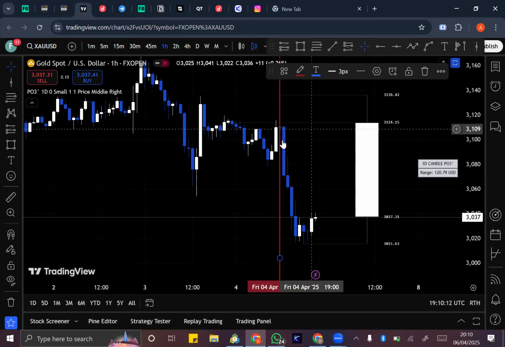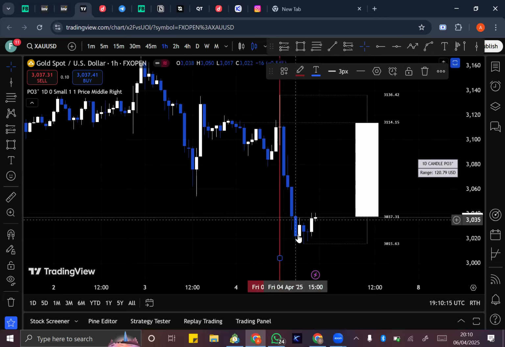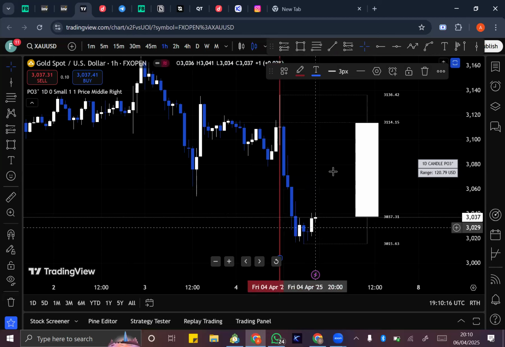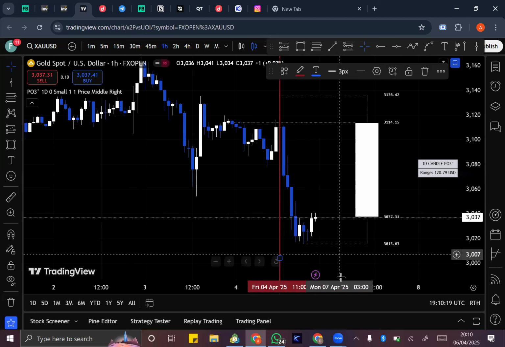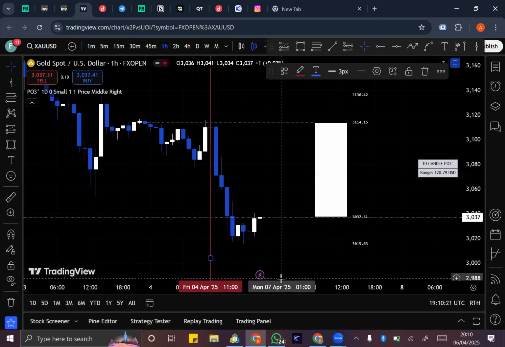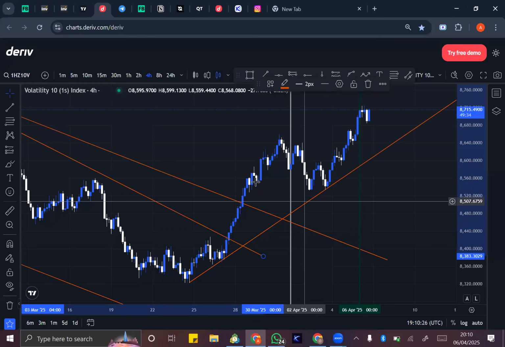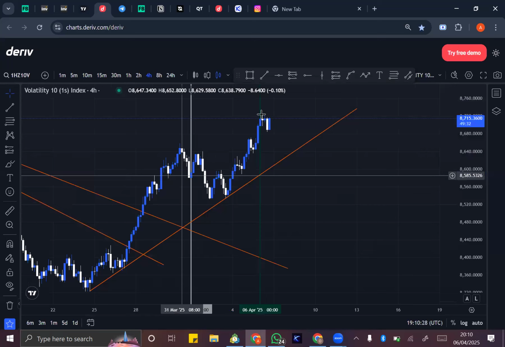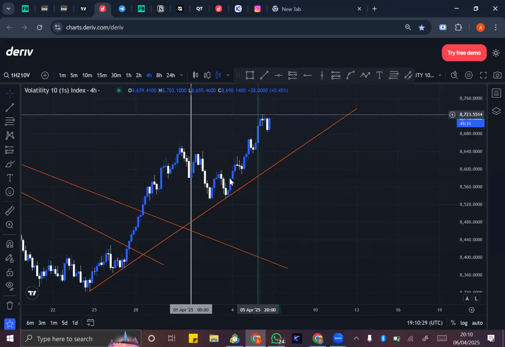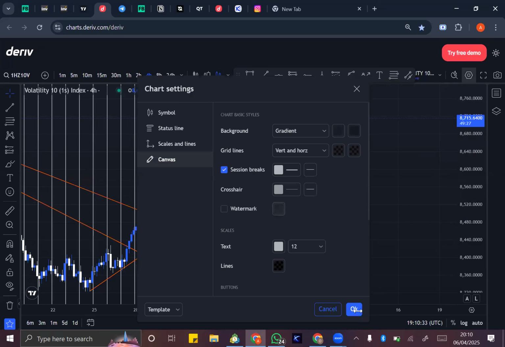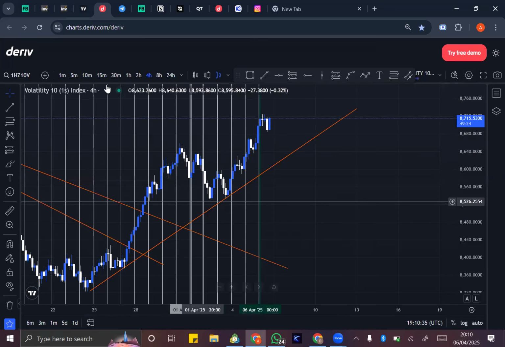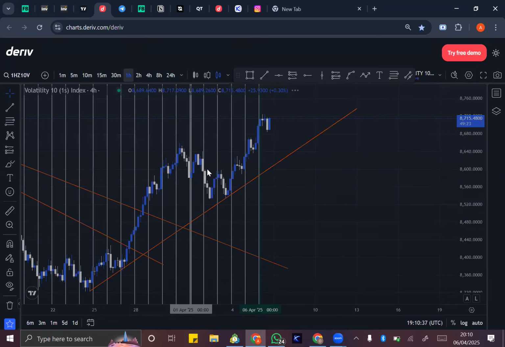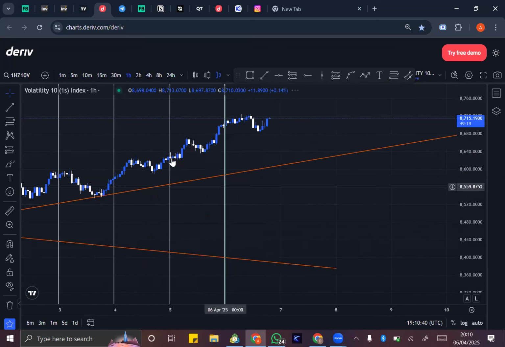You can see this: 1, 2, 3, 4, 5, 6, 7, 8, 9, 10, which is 10 hours in a daily candlestick. This is a forex currency pair. If it was derivative indices, it would be different. So let me bring out this daily separation and go over to 1 day, 1 hour. You are going to be seeing 12 candlesticks in a daily candlestick, which is